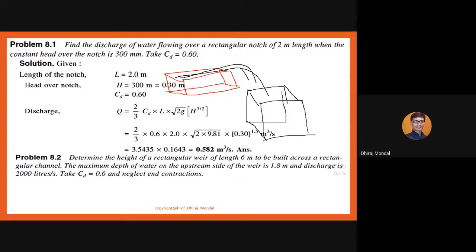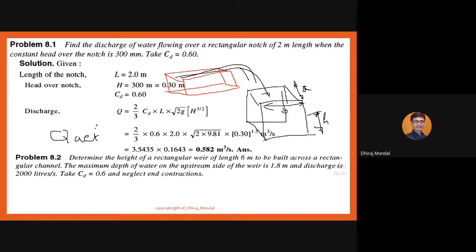Now when water is entering here, I can find out the length. This is the length L, or you can say A. I can find out the breadth here. Let us consider this is your B. And the depth the water is occupying, let us consider H. So what is the discharge? Actual discharge, Q actual, is equal to what?